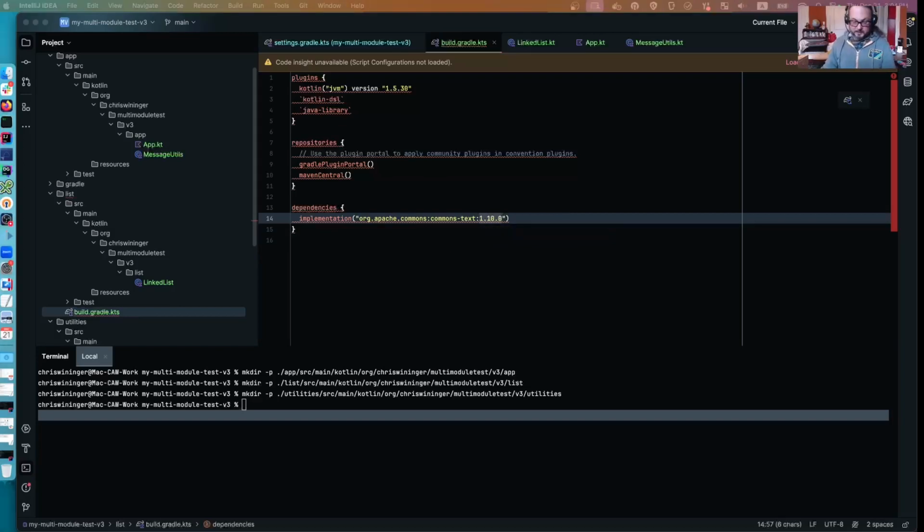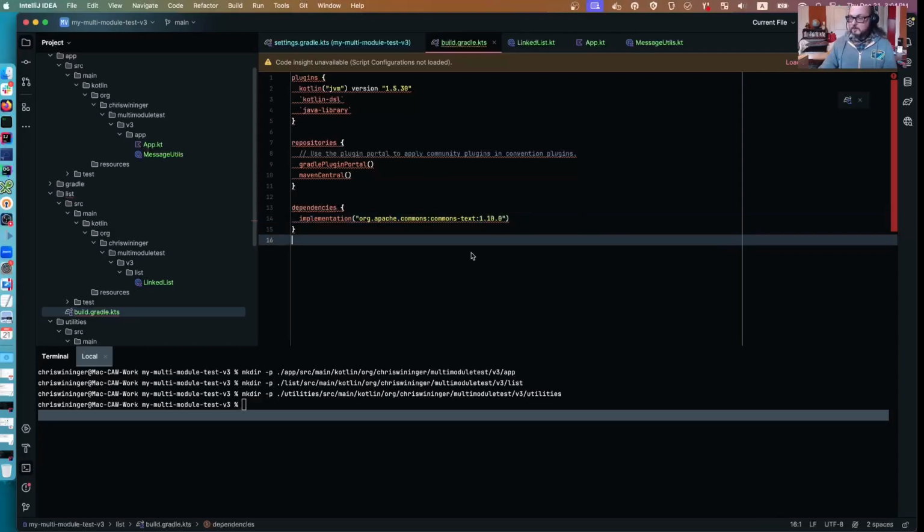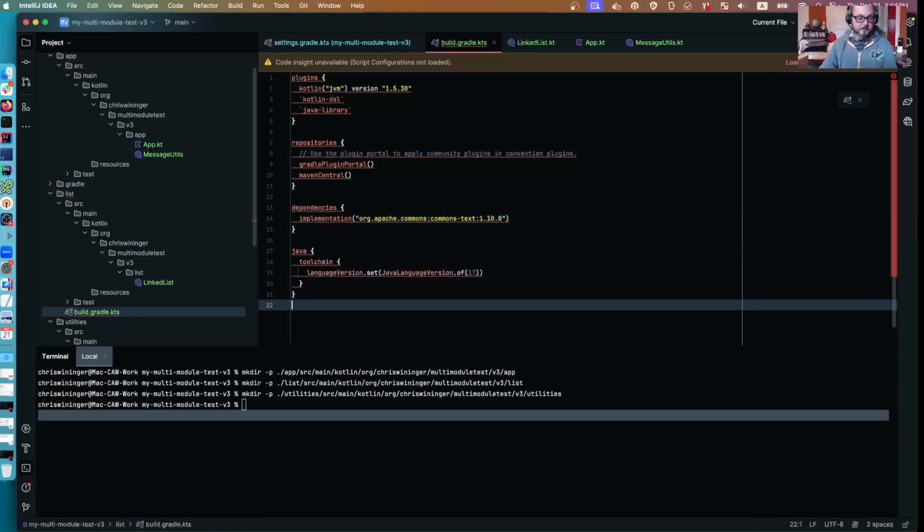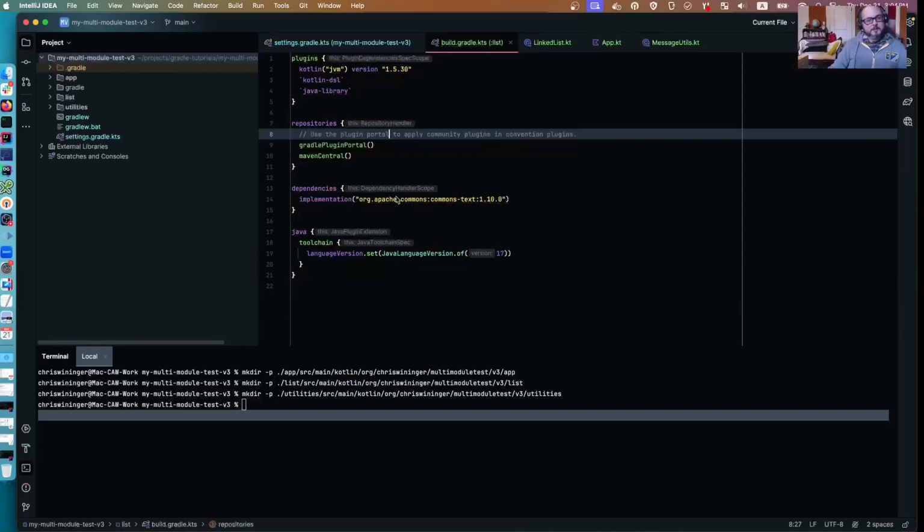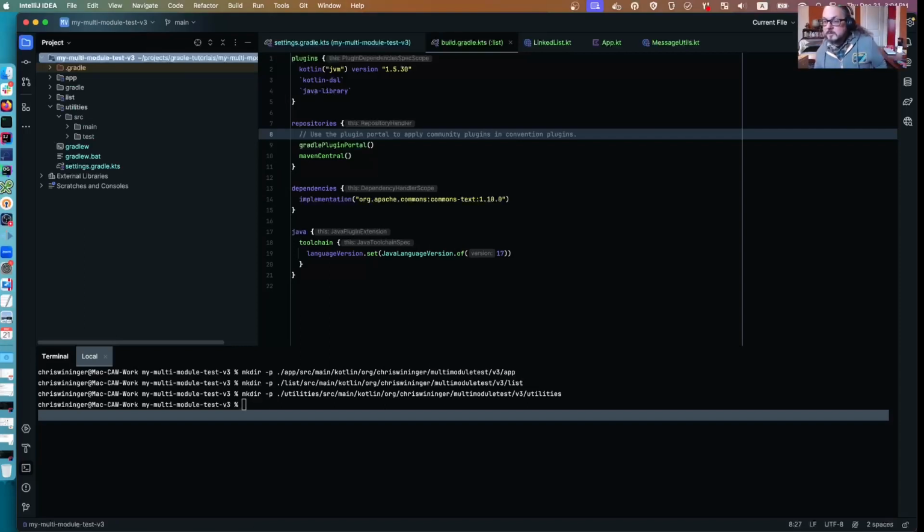And then we're going to need to set our JVM settings, so we're going to set that all right here in the file. Let's go ahead and let IDEA refresh this and see if it likes what we got so far. Okay, so that is all looking good. Now the next thing we'll start with is the utilities, because that is next in the dependency tree, and it's easiest if we just work our way up. A lot of that is going to be the same,